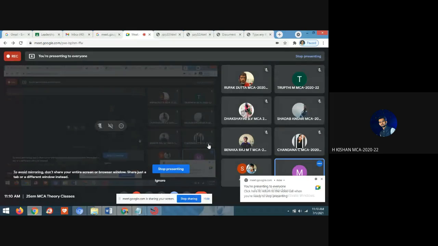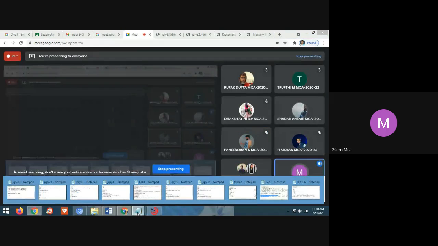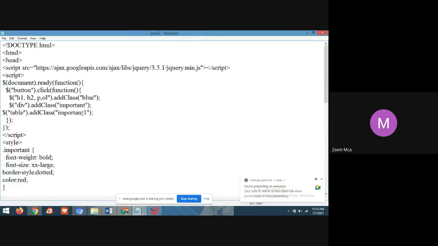Yes, ma'am. So in the last class, we were discussing this jQuery program. Here I included some CSS concepts, that is Cascading Style Sheets. Here I have taken two classes, blue and important. The blue class I'm applying for H1, H2, P tag and the ordered list, and the div tag also I have.